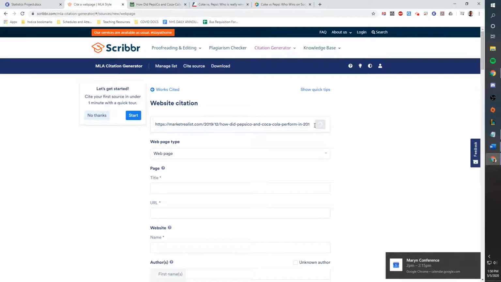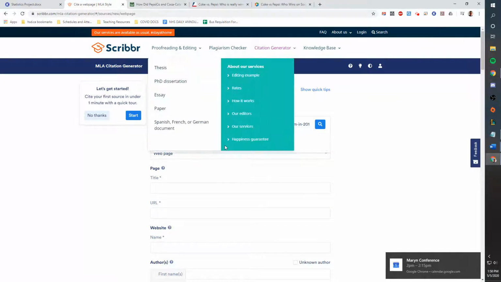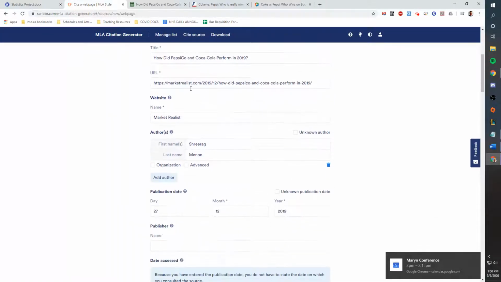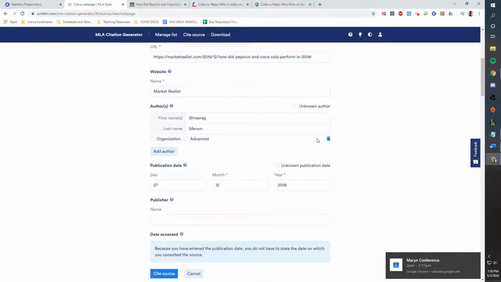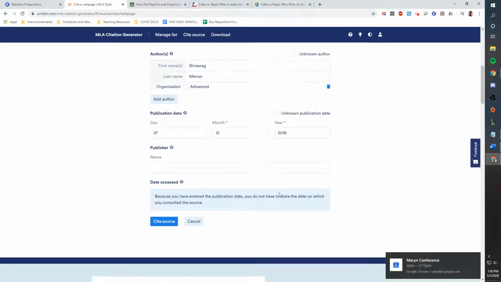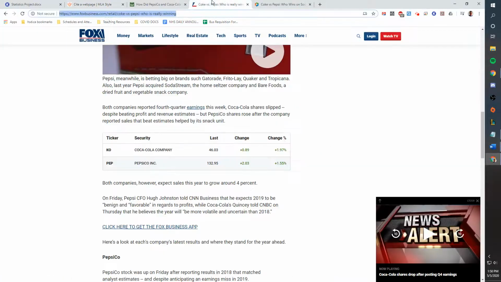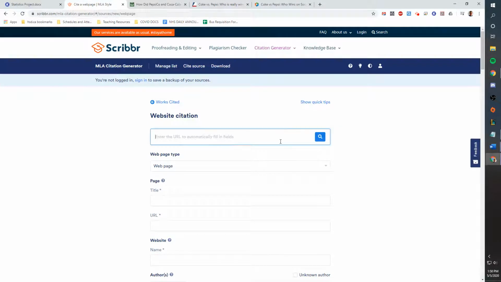Search. It'll look up the website and say, is this the one? Says, yeah, that looks like the website I was using. Click. And it autofills. Here's the title, here's the URL, here's the name of the people, this is when you accessed it, all this good stuff. So you hit cite, and there, it adds a little citation. What else did I look up? I looked up Fox Business. Copy it, paste it, search it,